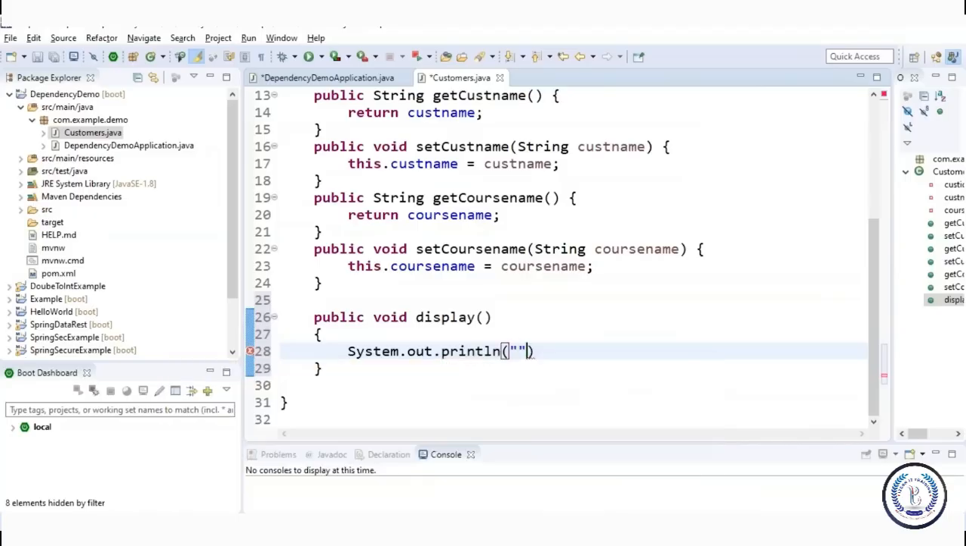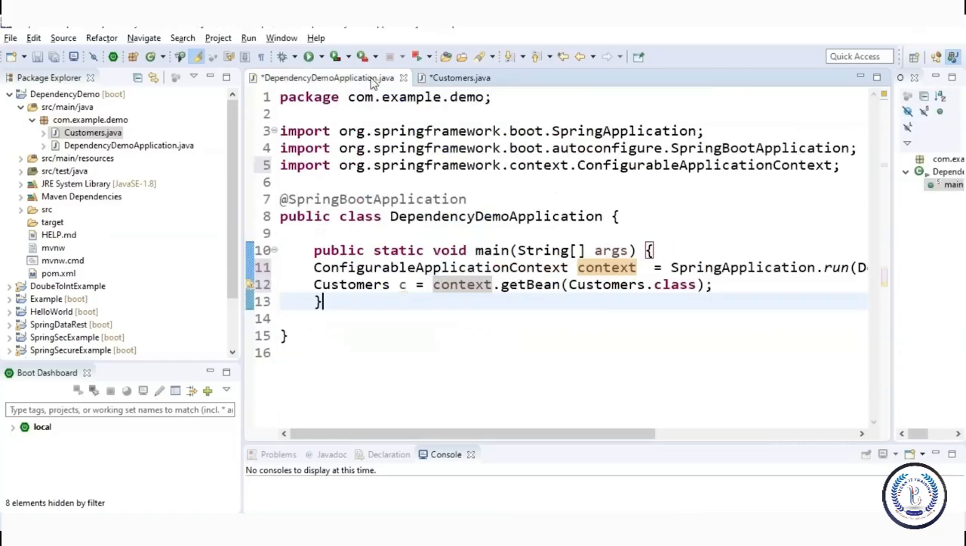and in brackets I'll mention the text, let's say object returned successfully, right? And then I'll end it with a semicolon, and let's make it clearer: customers object returned successfully. Now basically this display method will return an output that customers object returned successfully if our code runs fine. Next, you have to go back to the application file again,